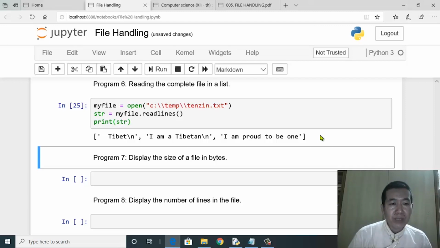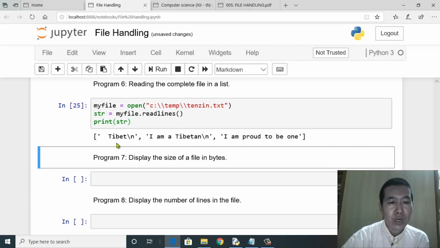So when you print the value of str, the readlines function prepares or returns a list. The elements of the list are nothing but the individual lines of the file. Look at this. This is the first element of the list. This is the second element of the list. This is the third element of the list.